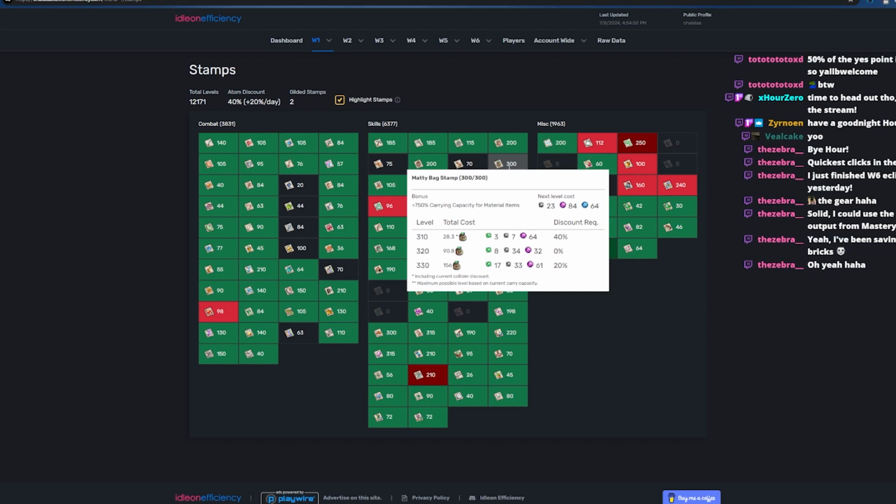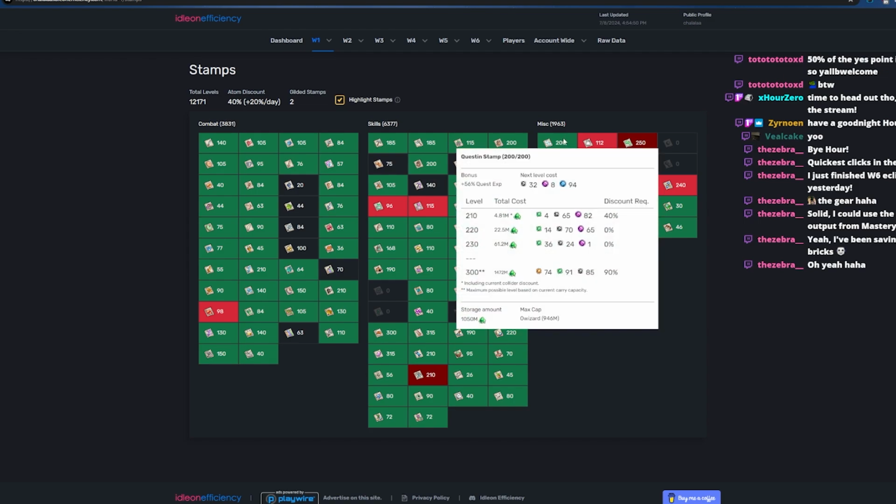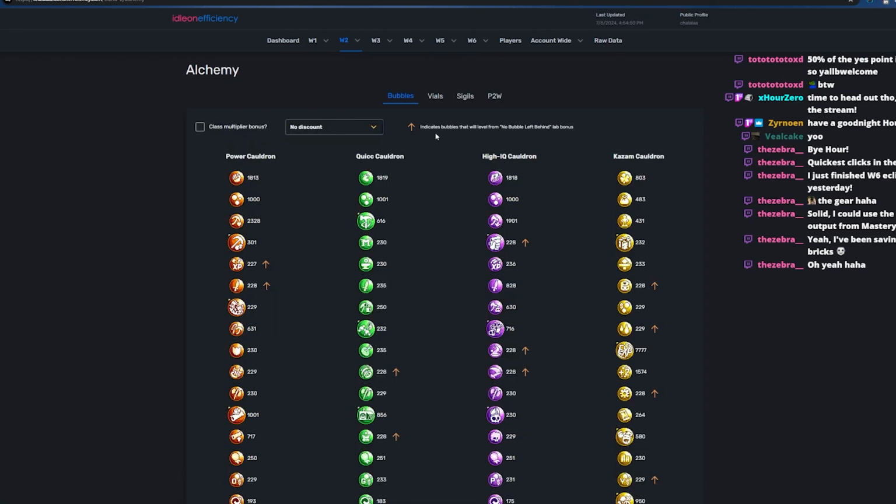It's a lot easier if you have the level 30 atoms, but end game, this is kind of what stamps turn into: trying to get your carry capacity up to eventually upgrade the other stamps and just be able to carry more stuff for tome progress and such. Anyways,